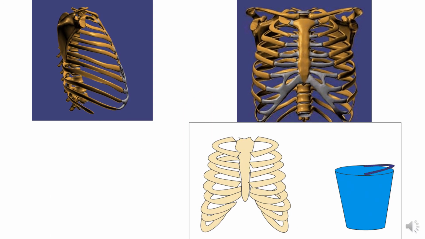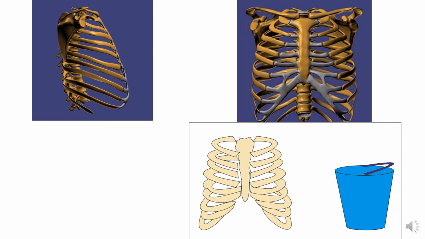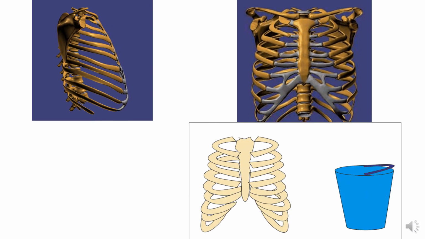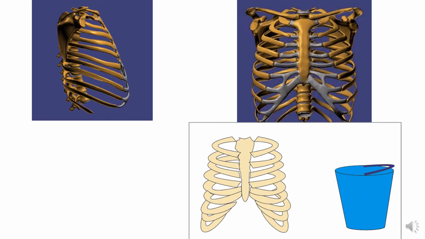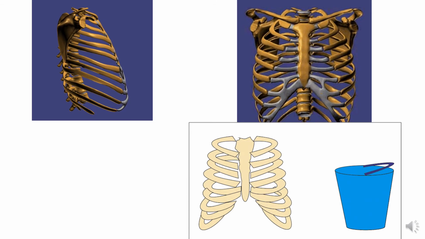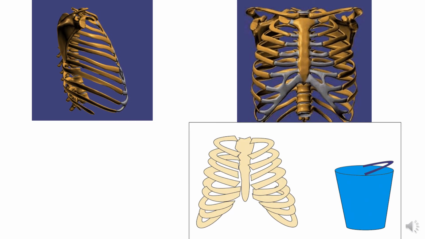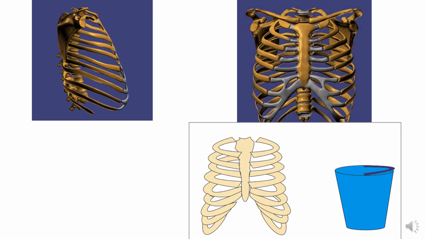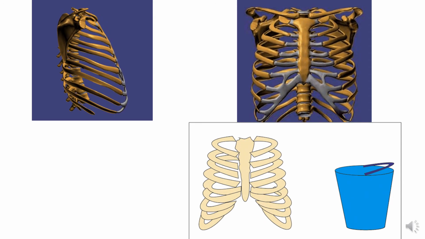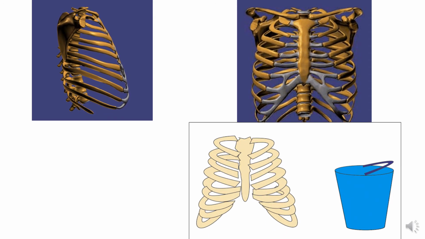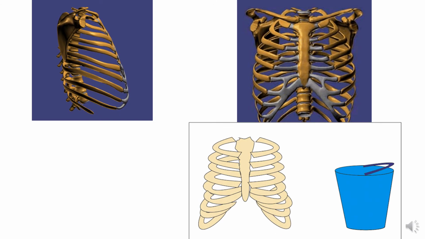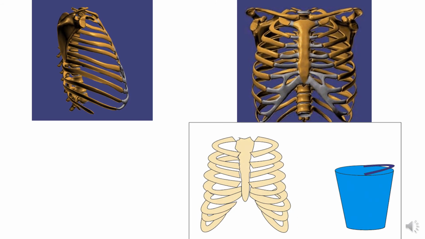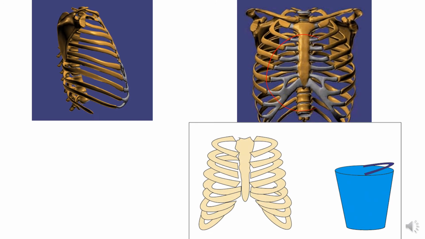Now, because of the arrangement of the ribs and the quantity of cartilage present in the rib cage, it is a flexible structure that can change its shape and size during breathing. The first rib is firmly fixed to the sternum and to the first thoracic vertebra and does not move during inspiration. Because it is a fixed point, when the intercostal muscles contract, they pull the entire rib cage upwards towards the first rib. Now, this is how the breathing movements occur: the diameter of the thorax increases and the air rushes in